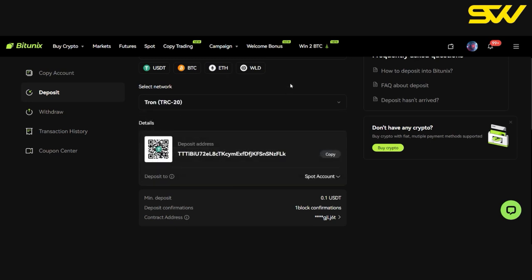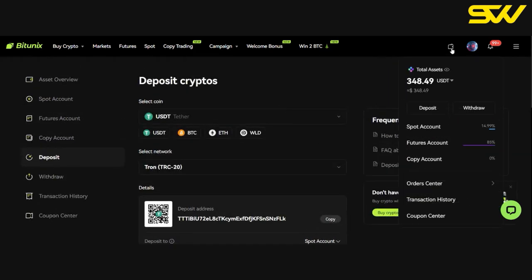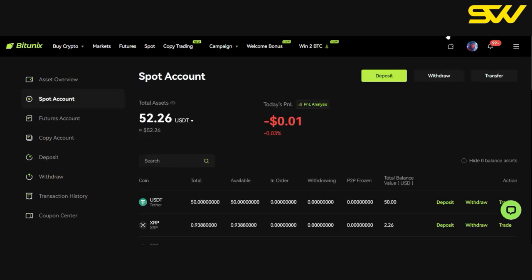Okay, so that is how you fund your wallet before you get started. Once you get it done, your USDT should land up in your spot account. In this case, I have moved everything, so I have nothing much in my spot account. Say, for example, I have just moved $50, $52 into my spot account, and I wanted to use this